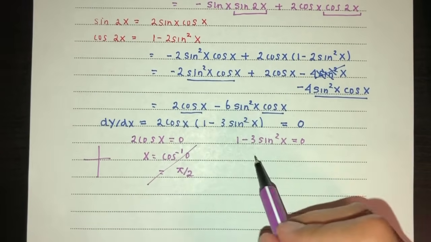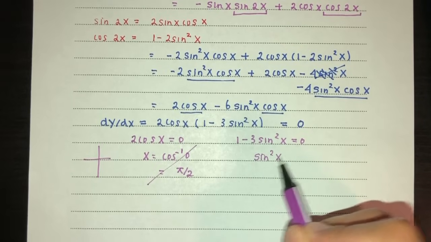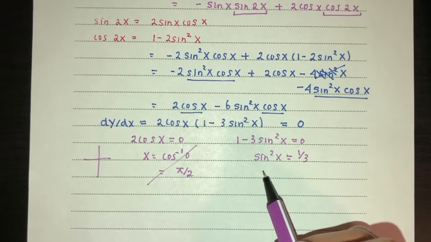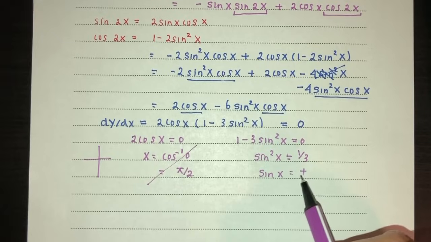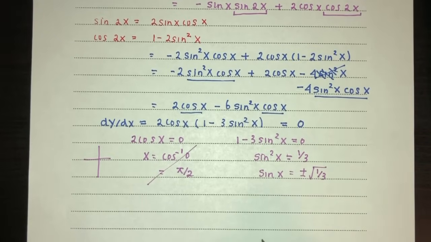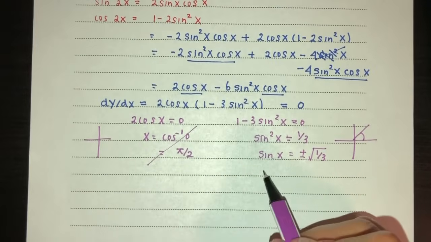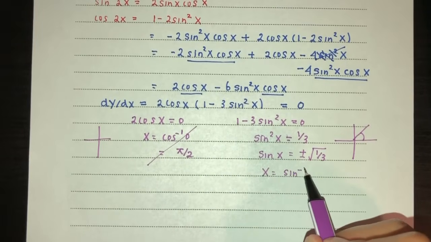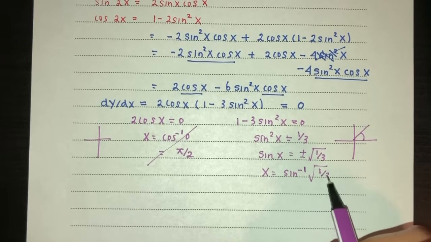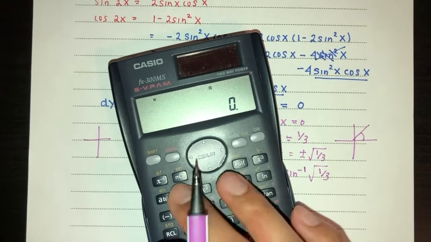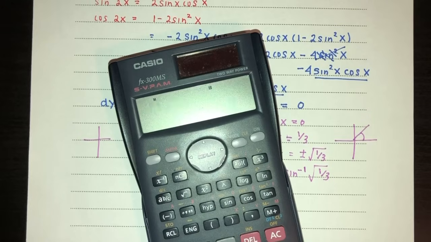And for this one, let's make sine square the subject. So sine square x is equal to 1 over 3, and sine x is equal to plus minus root of 1 over 3. But we're looking for only values in the first quadrant. So let's find only the positive value of sine. So sine x will be sine inverse of root of 1 over 3. So in terms of pi, we should have root of 1 over 3, sine inverse of that should give you